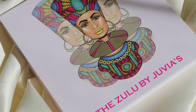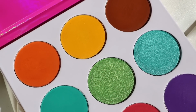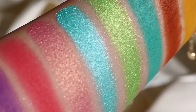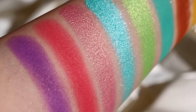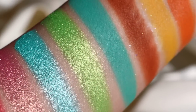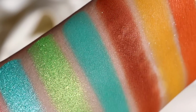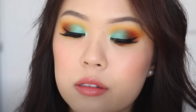The next palette I have is from Judy's Place. This is the Zulu Palette, and I've had this one in my collection for a while now. It is a 9-pan palette, and you do get 6 mattes and 3 metallics, which to me is a pretty good ratio. But again, when you look at this palette, it is such a fun little palette for a 9-pan. I feel like there's a lot of looks and different color stories you can do with this, considering it is a 9-pan. I got this I think in 2019, so I've had this for 2 years now,